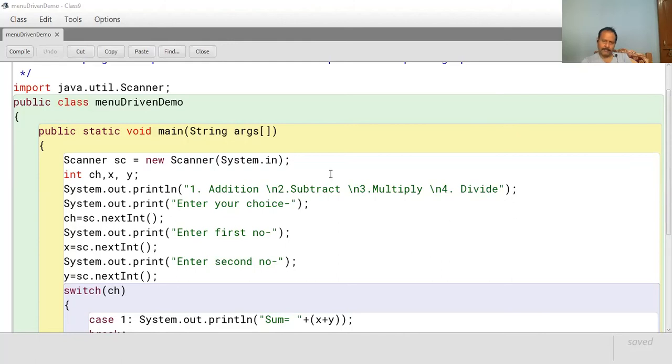Advantages of Scanner: we can take pre-formatted inputs; disadvantage: we cannot accept a character. The other way, with BufferedReader, all the inputs need to be formatted. In BufferedReader, the default input is string, and in Scanner, the default input may be of any data type.